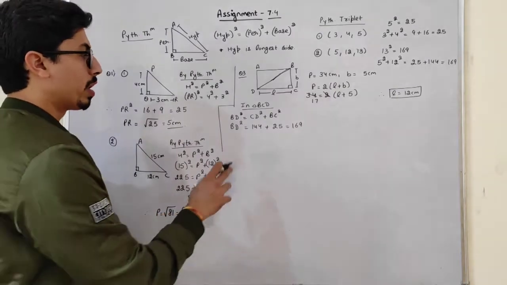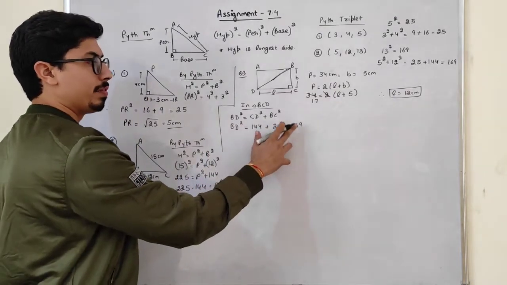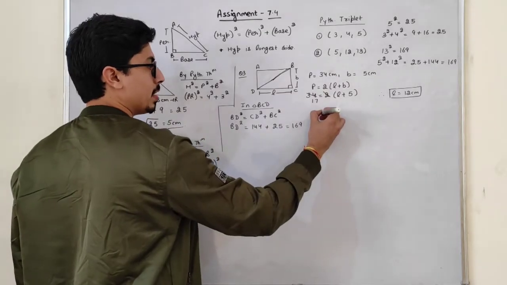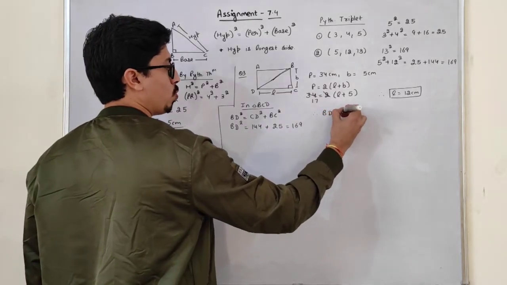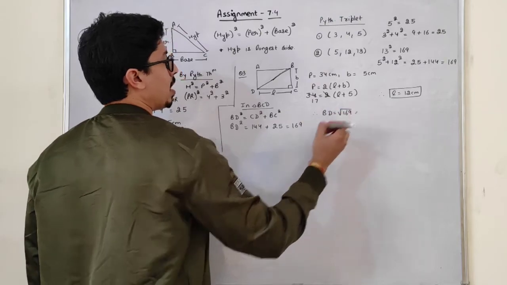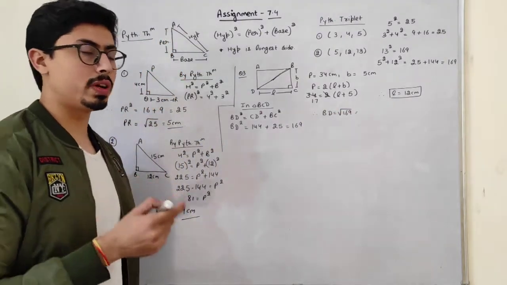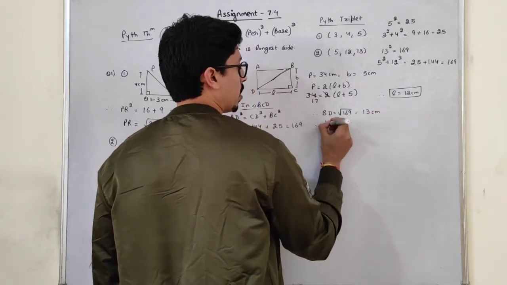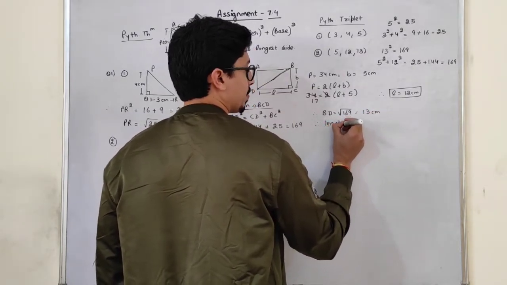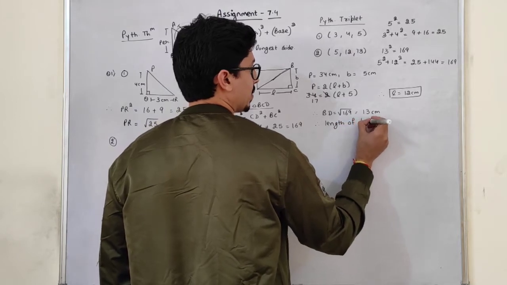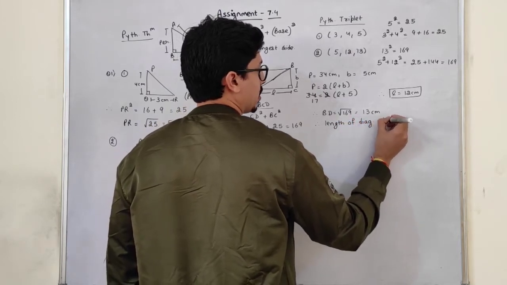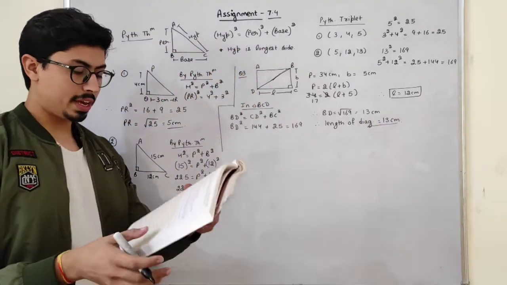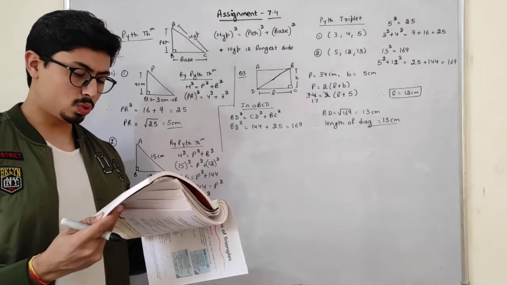Okay. So if we remove this square, we can put the root of 169. So BD is equal to root of 169. That is, 169 can be written as 13 square. So the length of the diagonal is 13 centimeters. Therefore, the length of the diagonal is equal to 13 centimeters. And this is my required answer. Okay, so this is our question number 3rd, students.